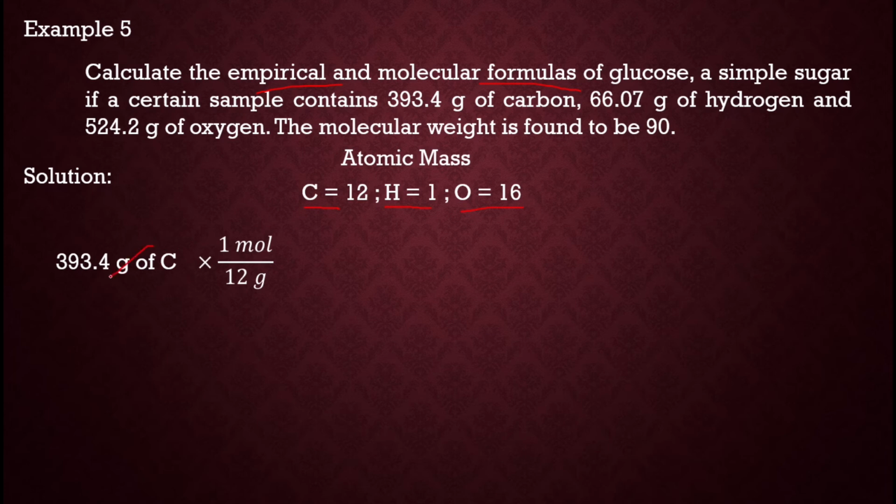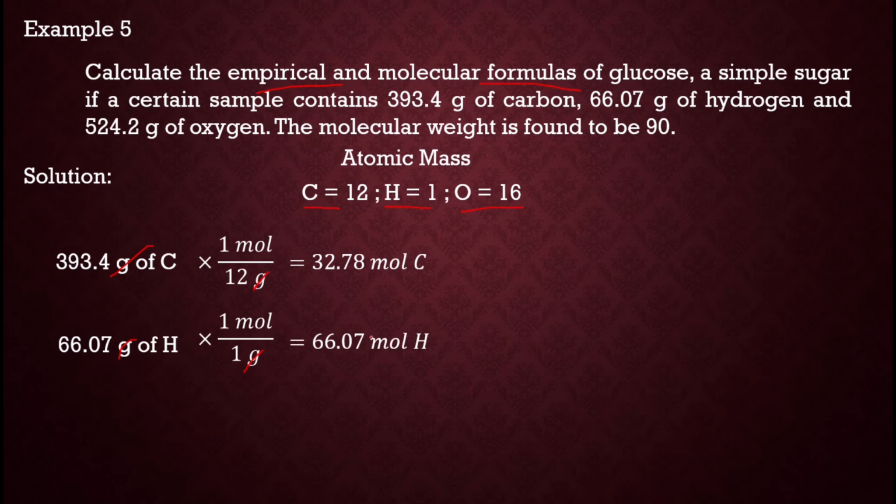We can cancel the unit grams to obtain the unit of mole, which is equal to 32.78 mole of carbon. The next is 66.07 grams of hydrogen times 1 mole over 1 gram. Also, we can cancel the gram to obtain 66.07 mole of hydrogen. Another is 524.2 grams of oxygen times 1 mole over 16 grams, which is equal to 32.76